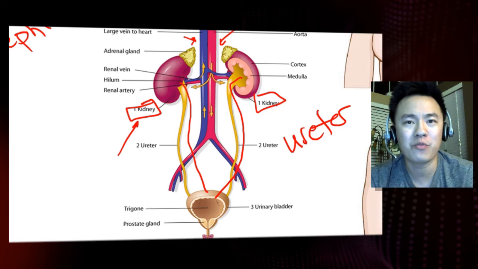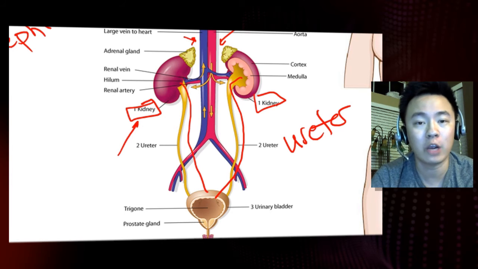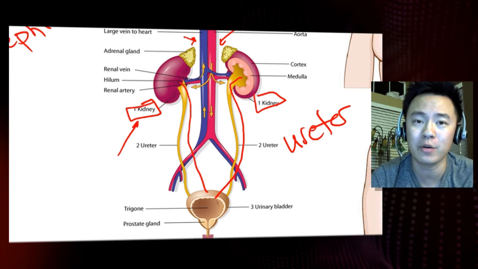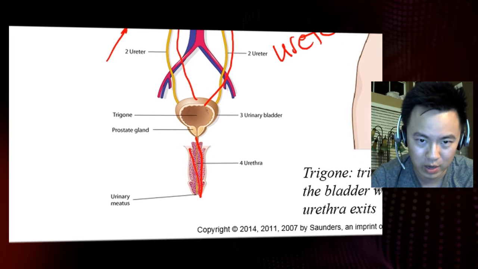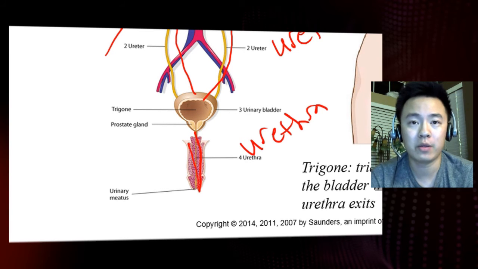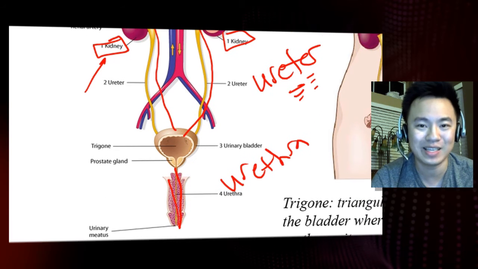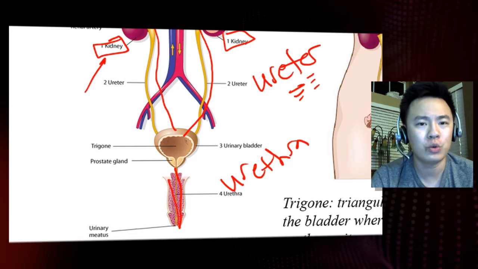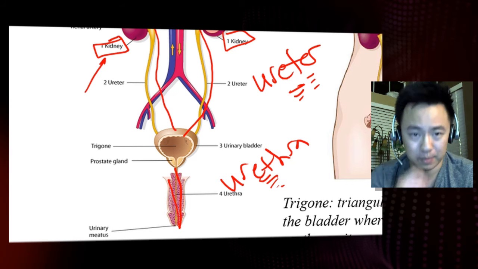And you probably remember from an earlier chapter, the ureter is the tube that's responsible for carrying urine from the kidney to the urinary bladder, but not to be confused with this other tube here known as the urethra. A good way to tell the difference between ureter and urethra, because students often confuse these two words, is that ureter has two letter E's in it, and you have two ureters. Versus the urethra only has one letter E, and you only have one urethra.